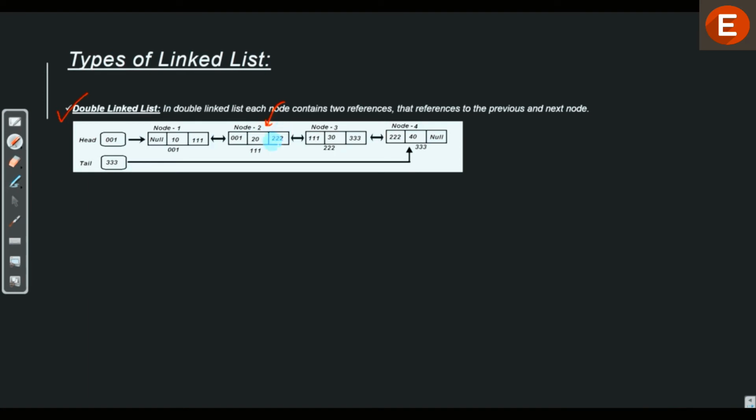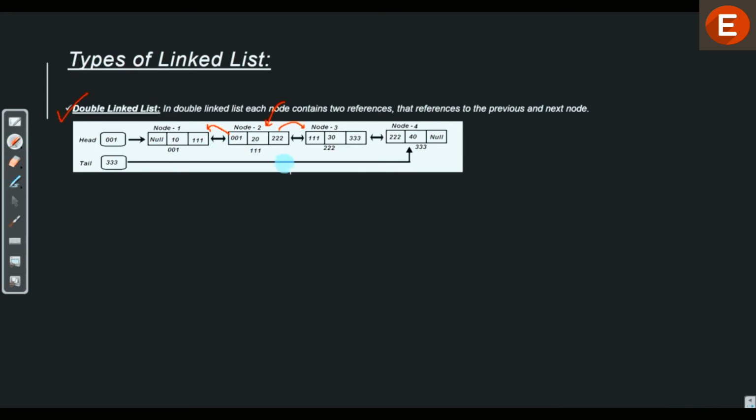As you can see, node 2 has two references, whereas in a single linked list it had only one reference. Now what is the use of these two references? The first reference points to the previous node and the second reference points to the next node.